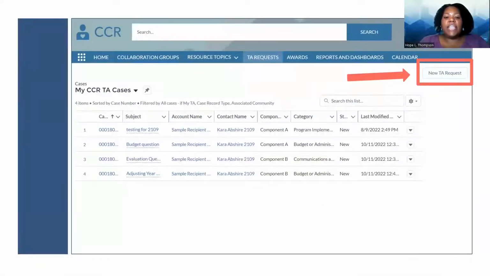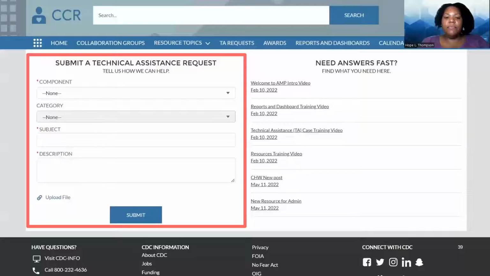Look through the content of the TA cases that are already there. If no existing TA case matches your question, create a new TA request by clicking the New TA Request button at the top right of the page, also highlighted here in red. Next slide, please. On the left side of the page, there is a form to create a TA case. Complete the required fields on the form, including the component, category, subject, and description. At the bottom of the form, any supporting files can be uploaded to the case. Now, a few best practices to keep in